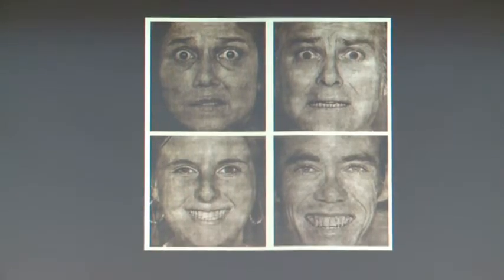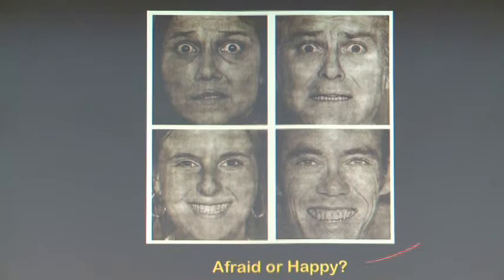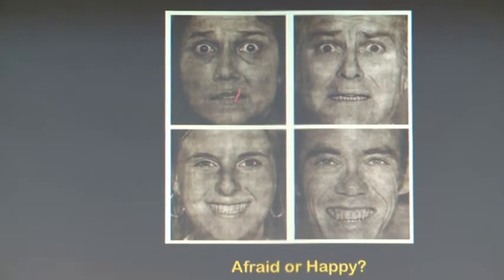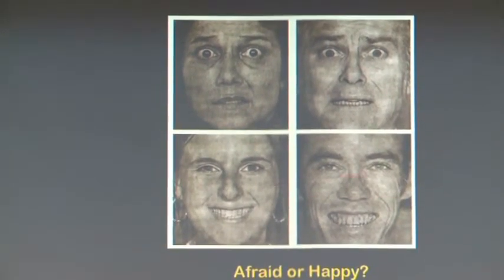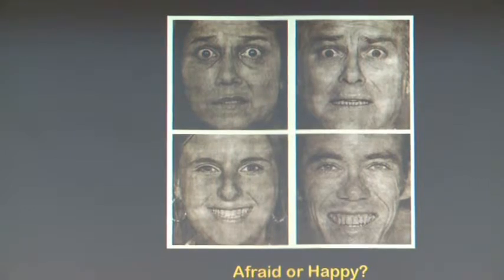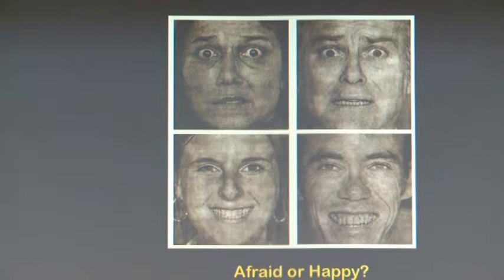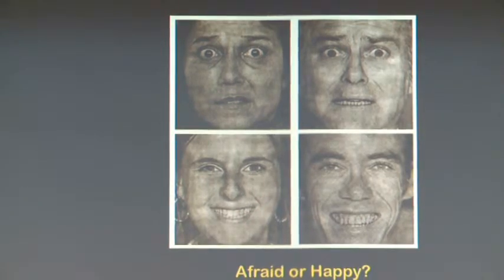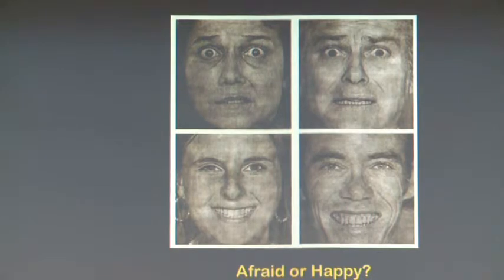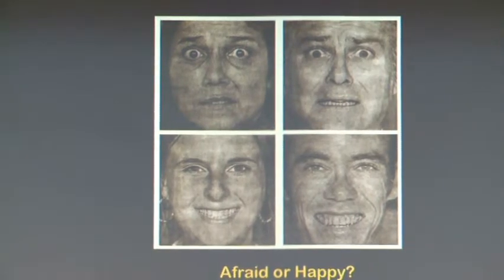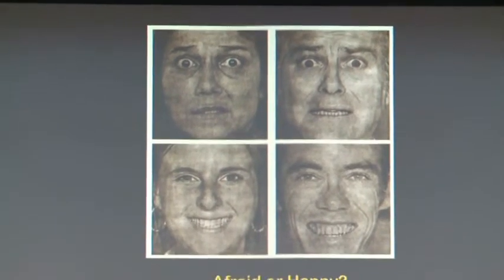Okay, so if you did that for these faces, happy or fear, each of you would be able to tell this is fear, this is happy, and you would be at 100%. But we make it difficult for you because we don't show you the whole face, but only little pieces of the face. So on each trial, you have to push a button now and tell me, is this happy, is this fear?